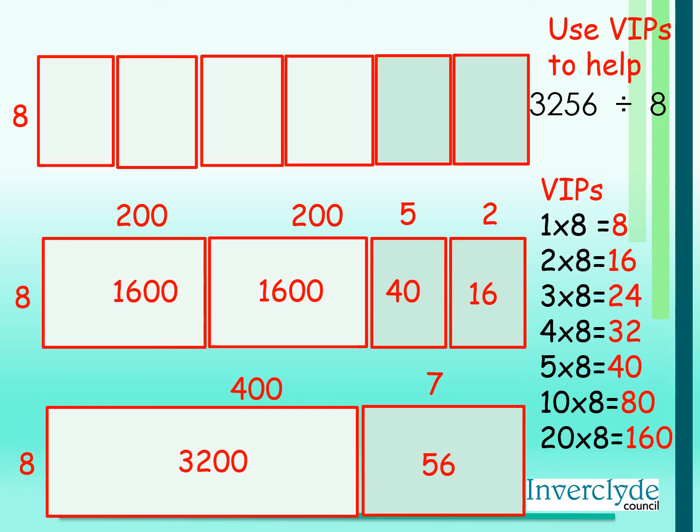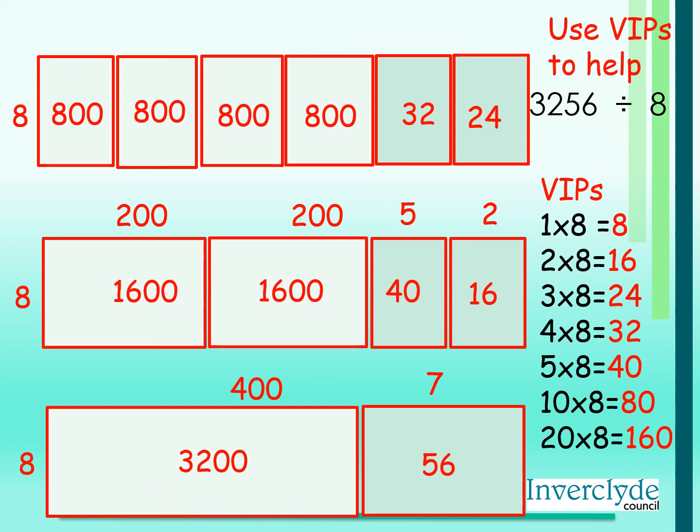Or maybe you could split your area model in a different way. This time I've got 4 sets of 800. I can see 80 hiding in my very important products. So 800 is just 10 times more than that. 32 is also in my VIPs list, and so is 24, and 32 and 24 also add up to 56. My area model is split up into a different way to make